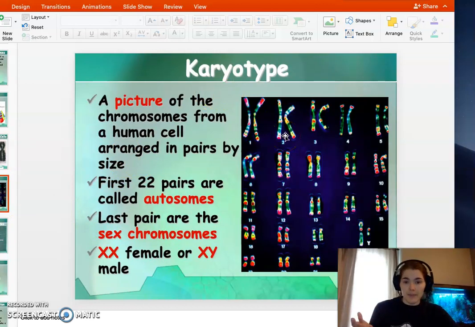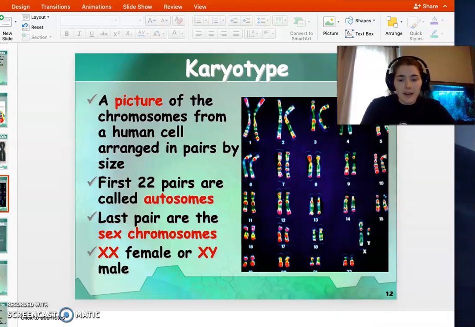A karyotype would be a picture of someone's DNA. You can actually go and get your DNA spread out into a karyotype, and then someone very carefully lines up the pairs. So you see chromosome 1, both chromatids together. Chromosome 2, 3, 4, 5. And then if we get very down to the bottom, we have an X